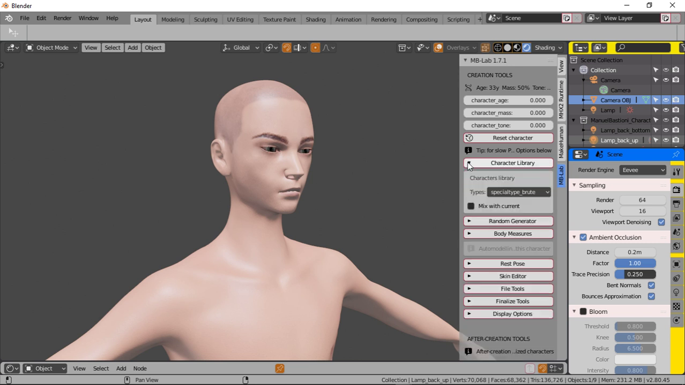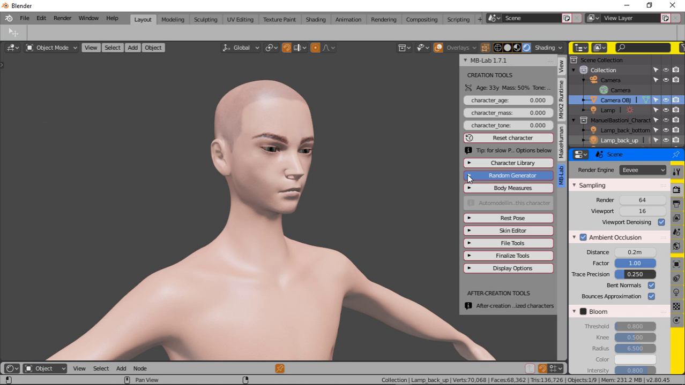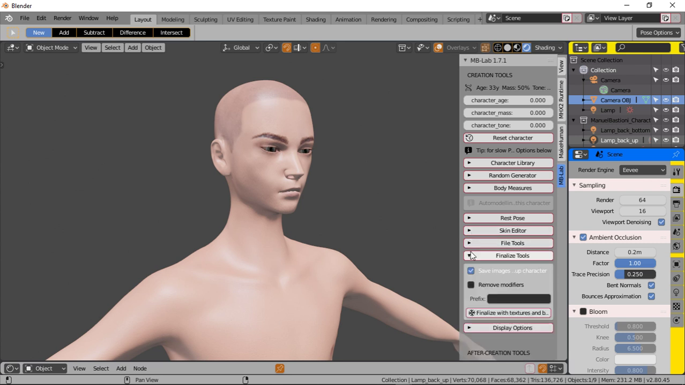We have character library, we have random character generator. I'm not going to get into what all these things do because I did talk about some of this stuff in previous videos. So what I want to do is finalize the character and then try to get some clothes on the character. I believe that's when you can get the clothes on, because all I can do now is character library, random generator, which basically will generate different body types,